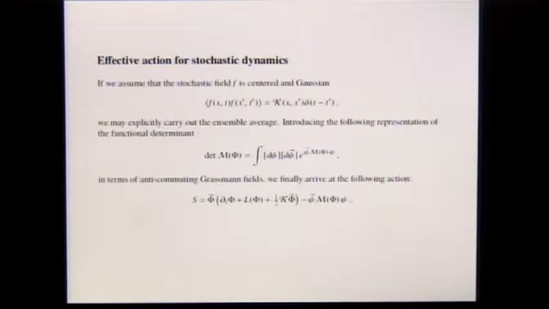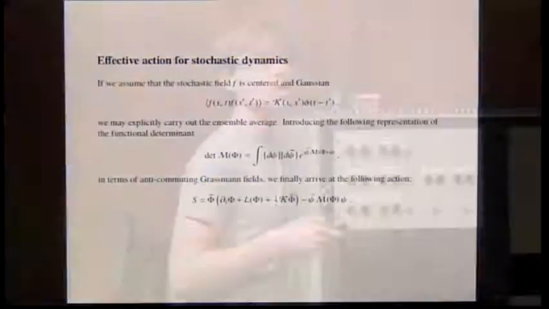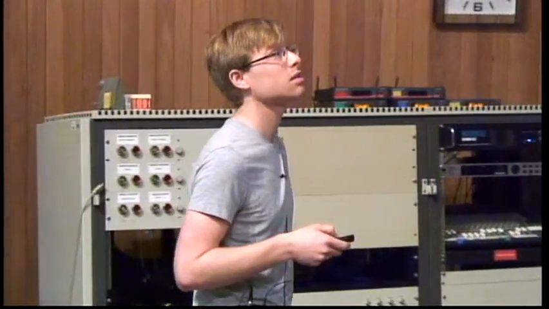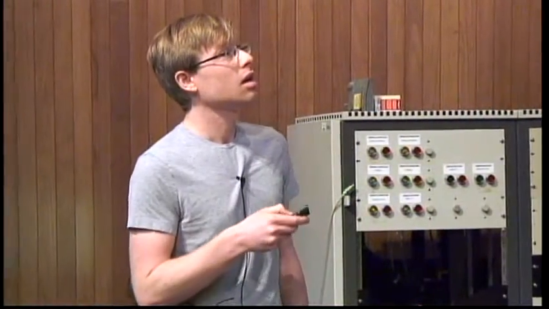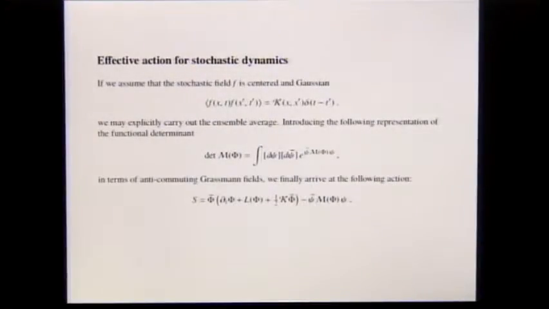So as I already alluded to, the stochastic forcing we'll be considering is assumed to be Gaussian. I'm assuming, furthermore, that it's centered. So there's no difference between the connected or unconnected two-point functions. And I will let the forcing be white in time, but non-local in space. So in general, this might be a very complicated kernel. So this is the correlation function that characterizes the stochastic forcing.